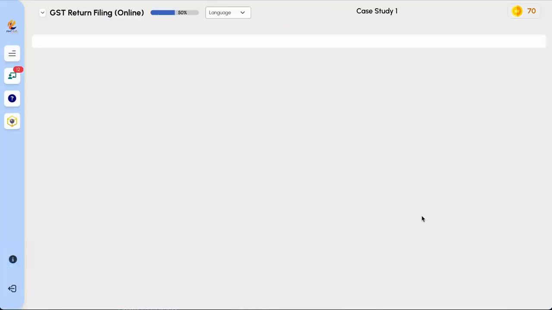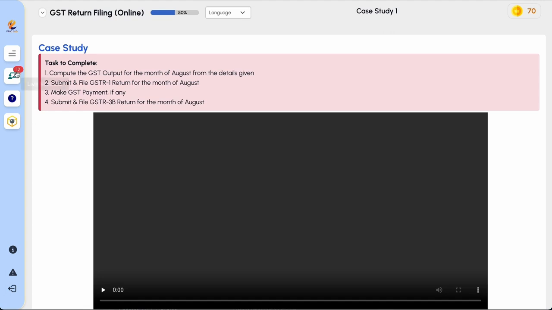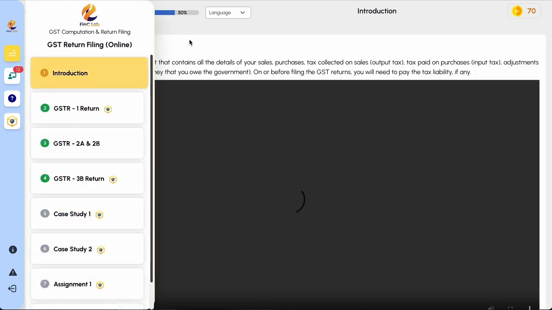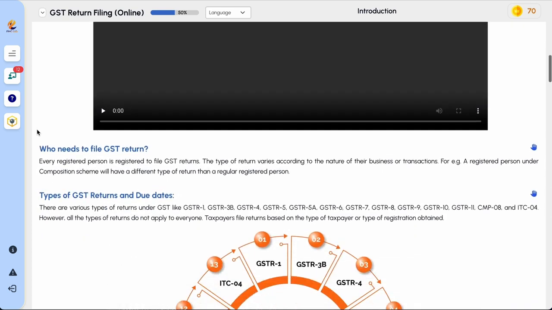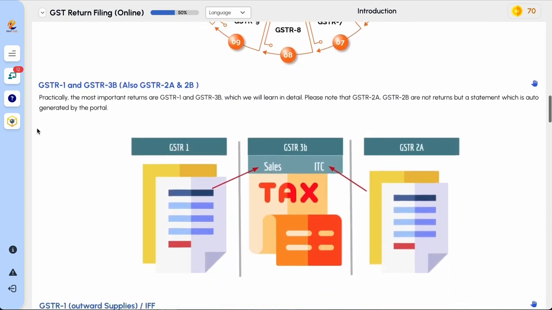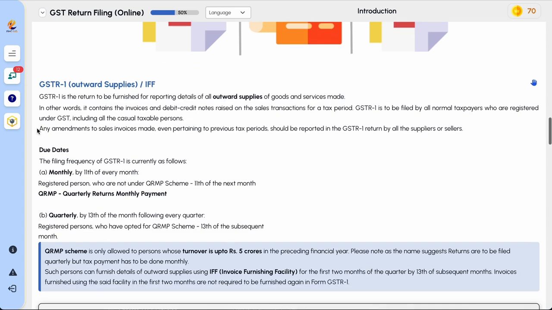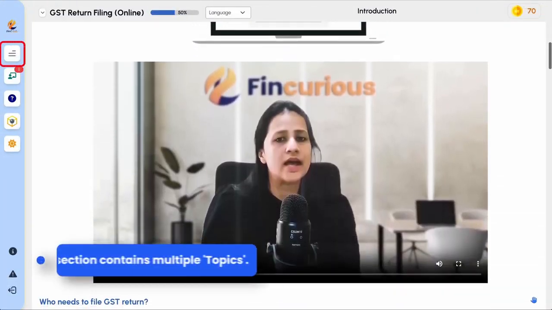This is the lab interface. This interface is by far the best way to learn any concept in a practical way. The lab provides you with multiple features which combined help you in learning the entire topic easily. Let us go through each in detail. Each chapter is divided into sections.